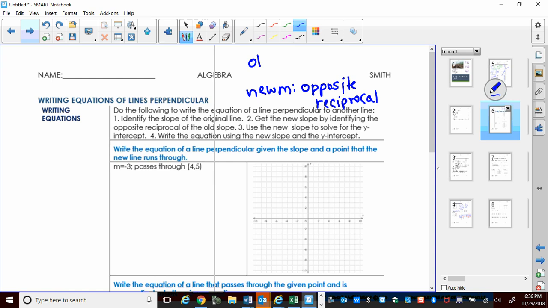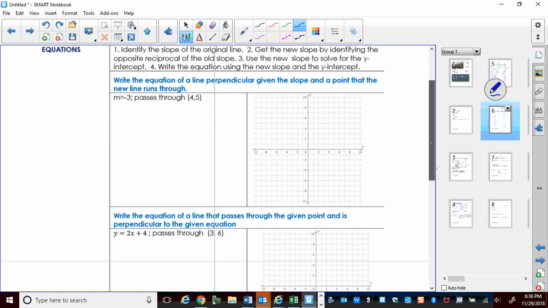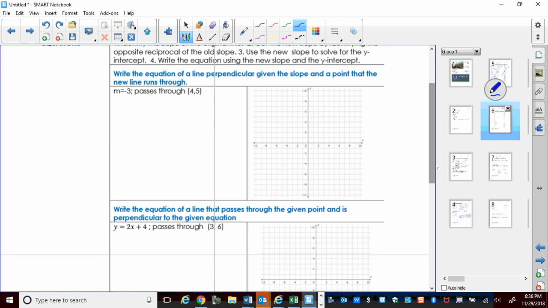If our old slope, if the old m is 2, then our new slope is going to be negative 1/2. New m, okay? And we're going to use that information in combination with finding a y-intercept to write the equation